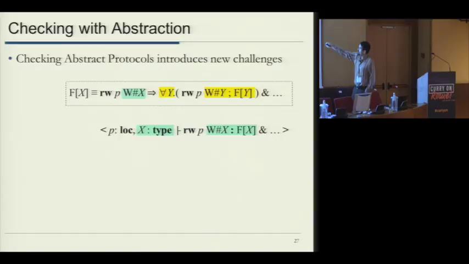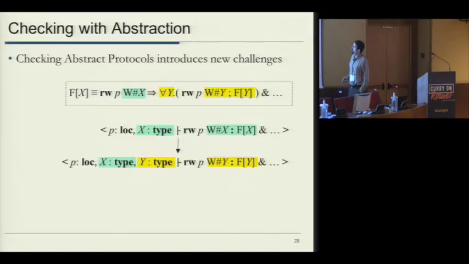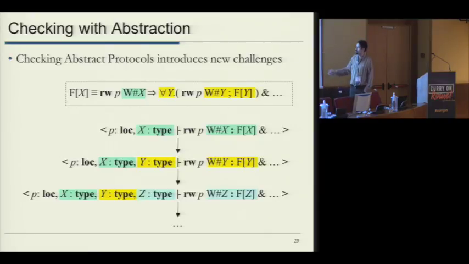And so we start with the state where the cell is in state wait. And it's in wait of x, so we know x is just some type. Type describes protocols as well as cells in our formalism. And we have to step it. So let's step it according to this state transition. Well, we're going to some state y, so we actually need to add a y to our context. And our cell is now in state y. But y could be an x in general, and so we could take this state transition again and go into some other state z. And now it looks like we're in trouble, right? Because